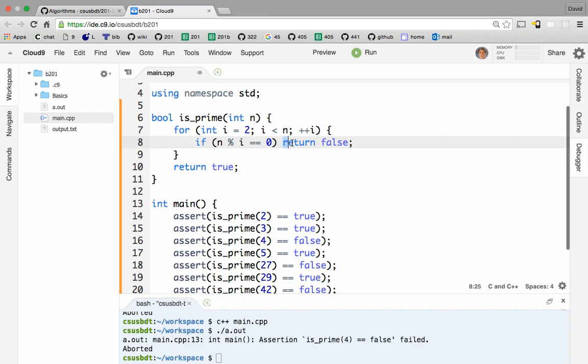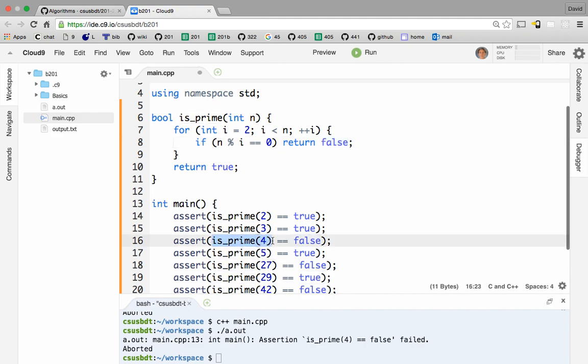This return statement, we leave the function, we return back to, say here, for instance. So we'll branch back to here. So when we call isPrime with 4, then 4 will come in through n here. And then we're going to enter into this loop. We'll start with i equal 2. We're going to go 4 mod 2. 4 mod 2 is 0. So then we return false. That means this function here